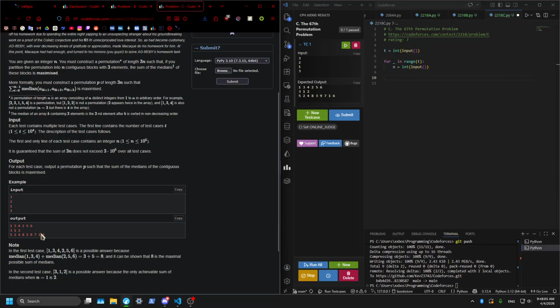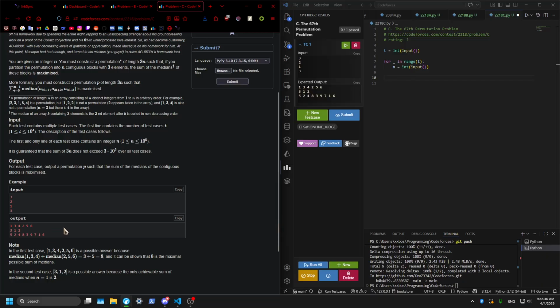Okay, let's look at this case. I don't understand this either. Median means, wait, yeah, I do. Oh, because it has to be sorted. 1, 2, 3, so this is 2. Yeah, and then this is 2, 4, 5, so 4, and then 4 plus 8